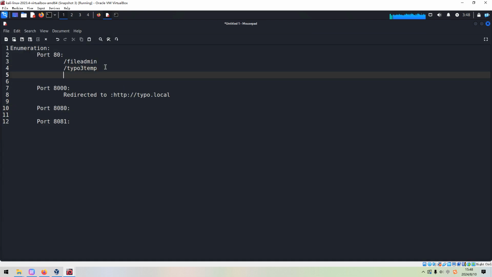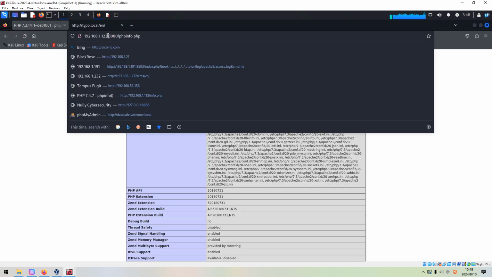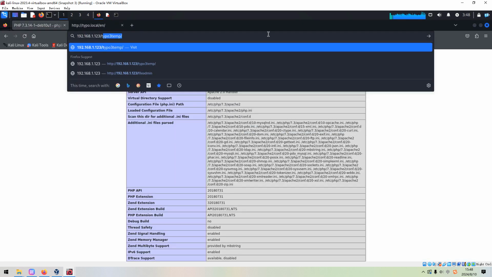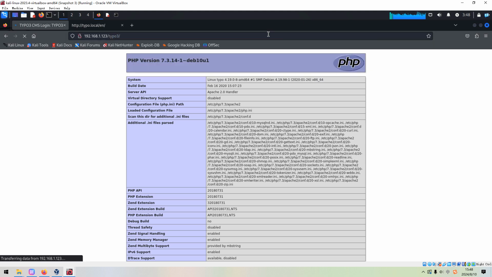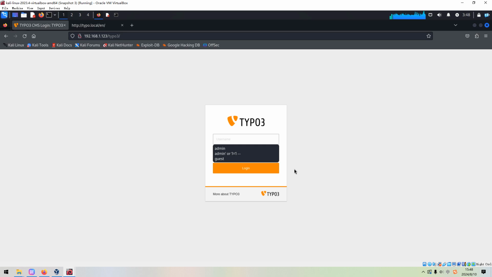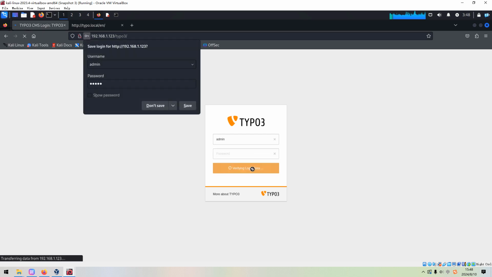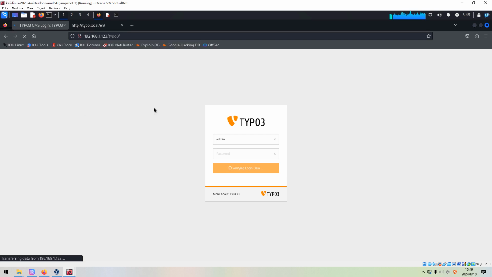We found another one. We can take a look at this directory, typo3. Oh, this is the administrator's panel, and we can try to use admin and admin to log in. It doesn't work.